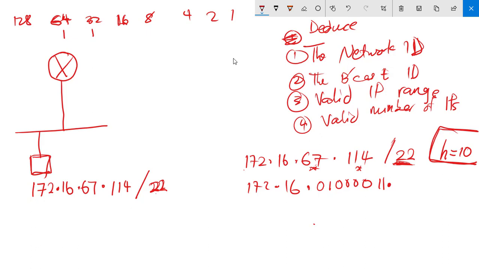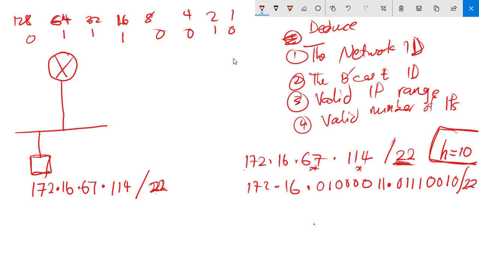So 96, we are left with 18 to reach 114. 18 is 16 plus 2. So the rest become 0. 114 is 0, 1, 1, 1, 0, 0, 1, and 0,